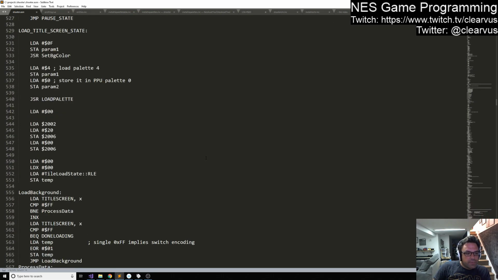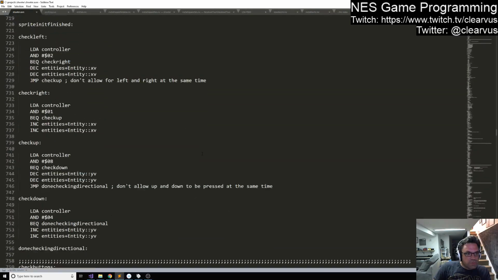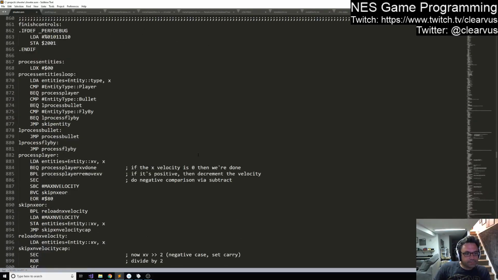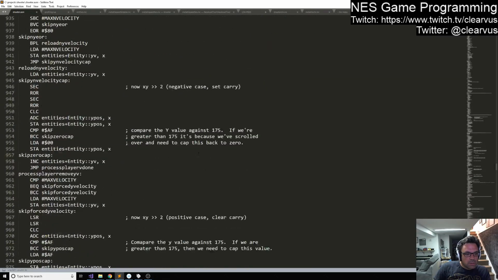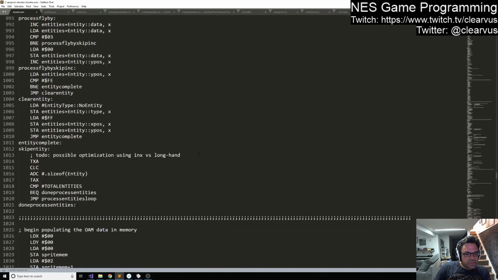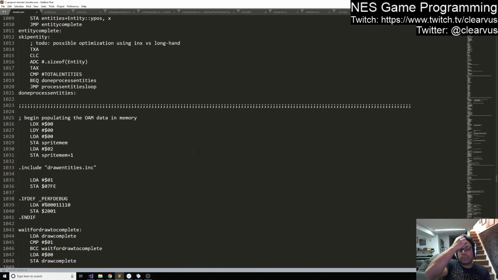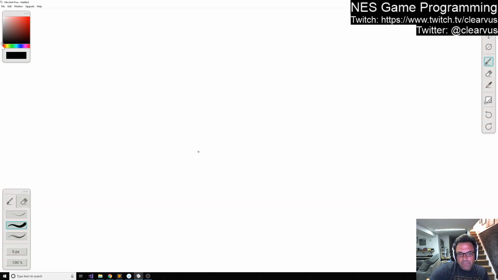And then we went through the process of trying to see if we could create an in-memory representation of the entire screen in order to facilitate collision detection. And the reason for that was, if you'll recall from last time,